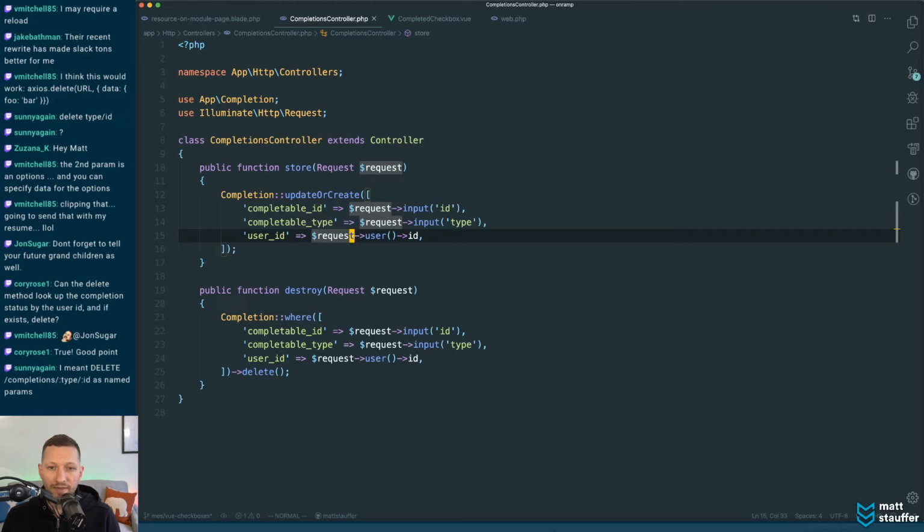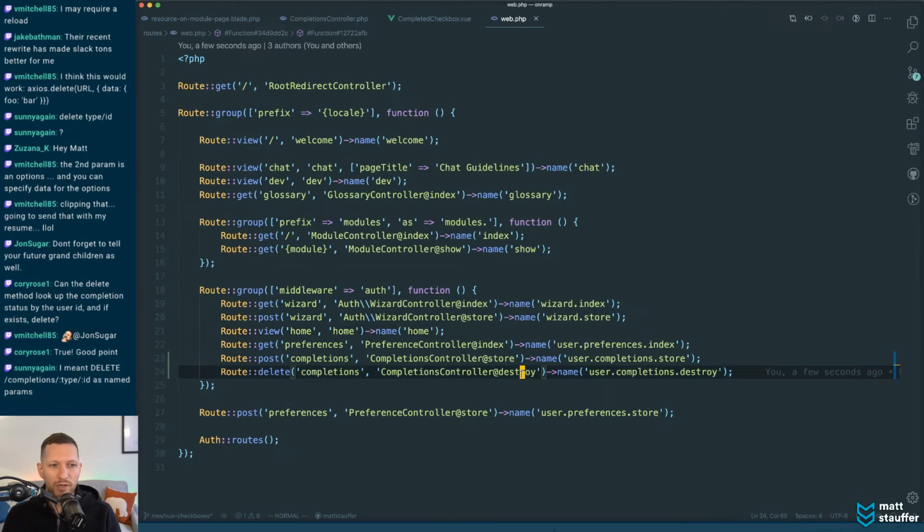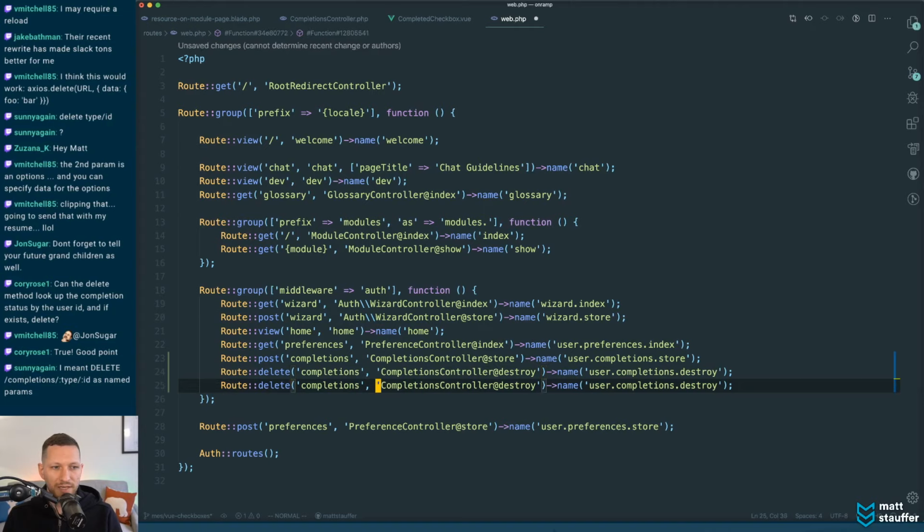Yep, no, Sunny again, that's exactly what I was talking about. Delete completion / type / ID. You end up with a URL structure that doesn't really make a ton of sense from a RESTful perspective. So it would get the information across, but I'd rather do it this way if possible. Granted, this thing right here where we're doing destroy, when we're not passing in the ID, is a little bit wonky too, because in theory, it really should be completions / well,